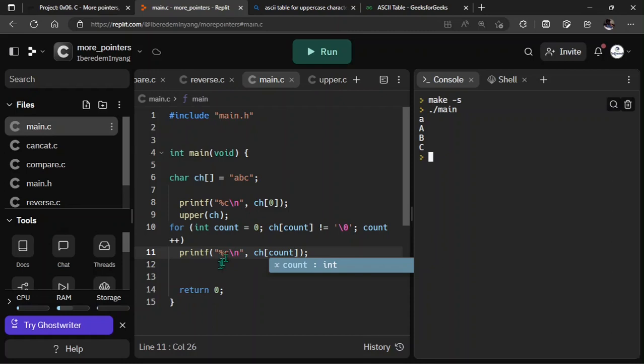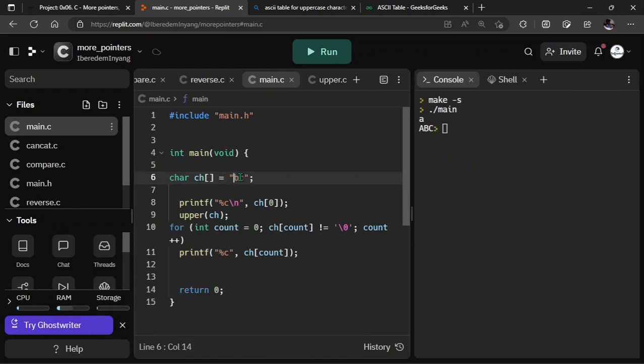Let's take off this new line here. So we have the ABC on a straight line. So you see I can have capital ABC. But now I've got something to show you. Let's assume this a was initially capital. Okay, then let's run the program. Now you can see that instead of it printing the capital A, since it's already capital, it is changing